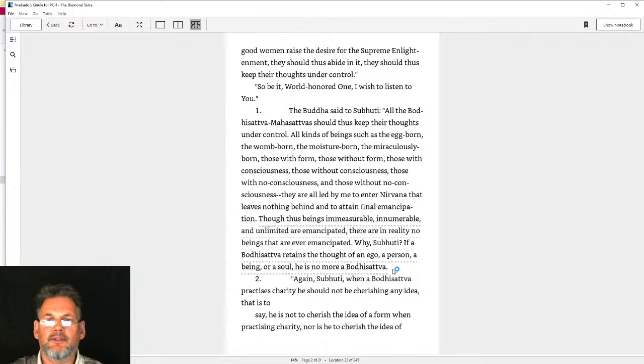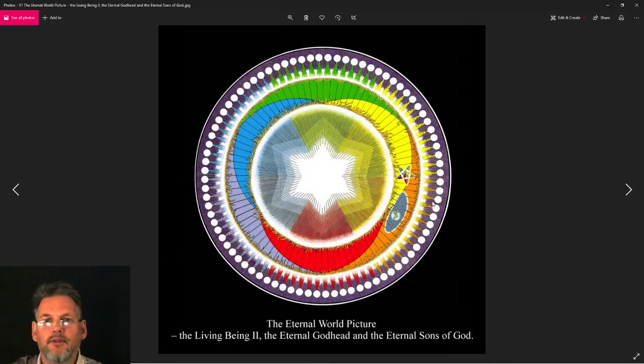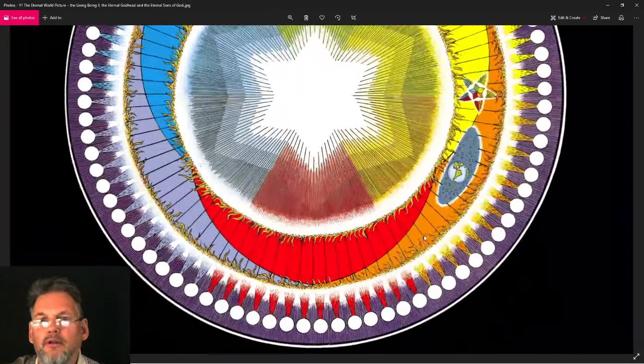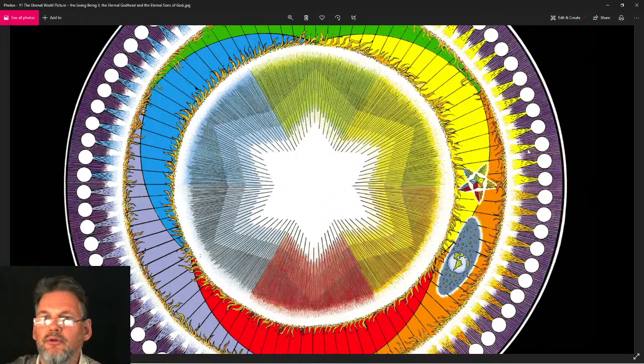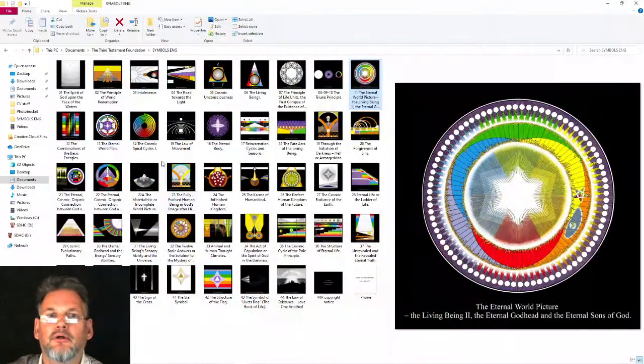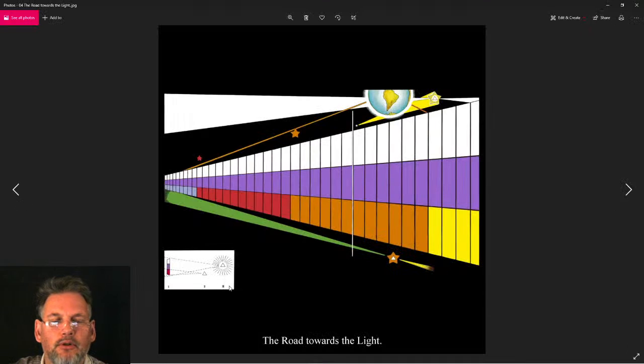You need to be identified with the formless or the eternal or the God source, the X1 at the core of your being, which is also at the core of all other beings. So that is symbolized by the white. See here, we have the white at the core of a being here. When you identify with that, then you're identifying yourself with the eternal or the formless nature of who you are. The God source spark in you,